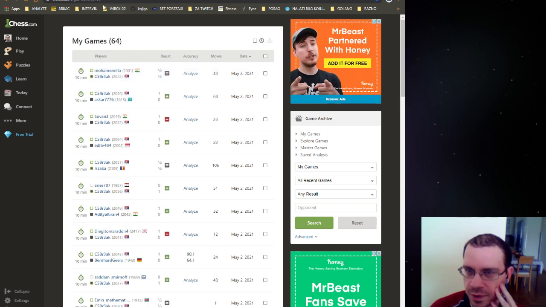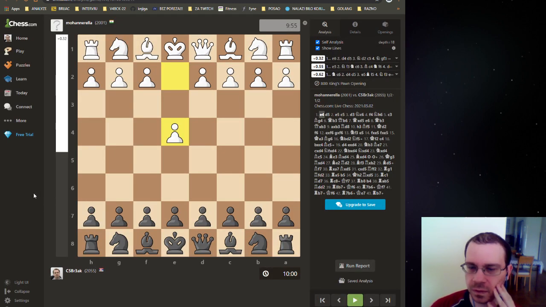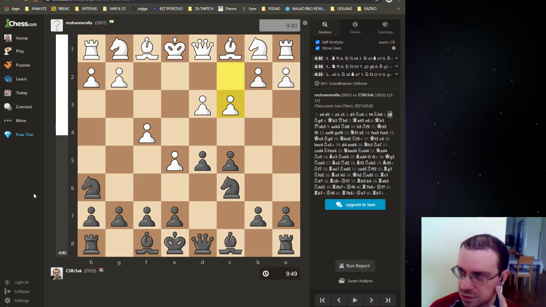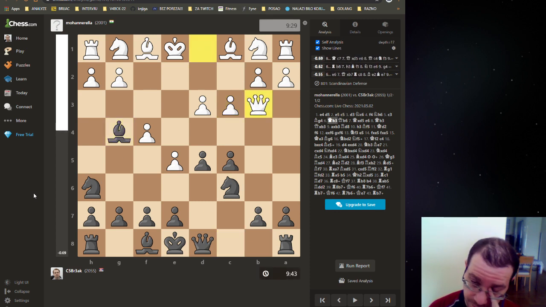Let's take a look at this game because I think it was very well played by both sides. Okay, knight c6. Okay, bishop g4. What do you suggest? Bishop f5. Okay, king b3,